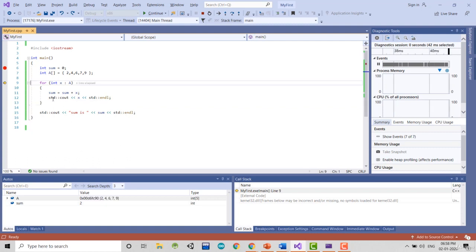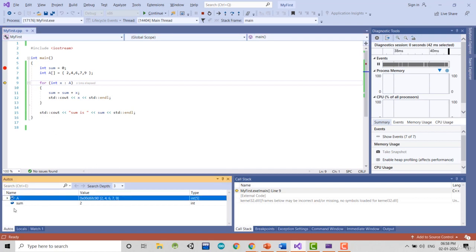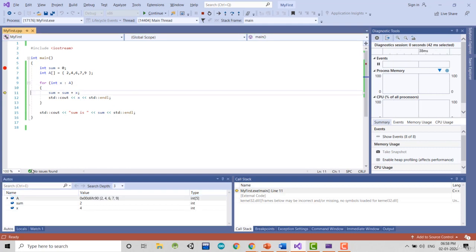Now X is gone because it has finished the for loop and is about to start the for loop once again. So X is not there in the watch window. Now if I press F10 again, X is there again and has value 4. If I keep the cursor on X, you can find value 4, and on sum, the value is 2. Now when this statement is executed, sum becomes 6. That is 2 plus 4 is 6. Now it will print